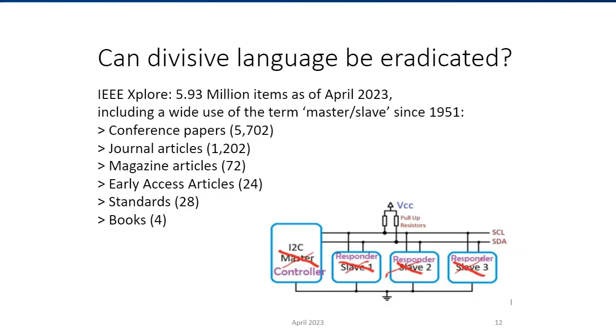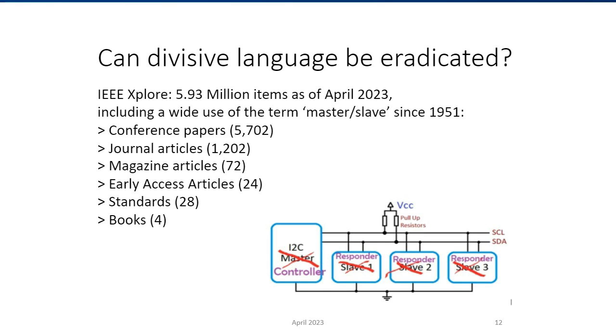Can it be eradicated? I looked up the numbers for this count several years ago. I looked them up again just a few days ago, and the number of IEEE Xplore articles using the term master-slave is still growing. IEEE Xplore is IEEE's master. There I used the wrong word. It's inclusive